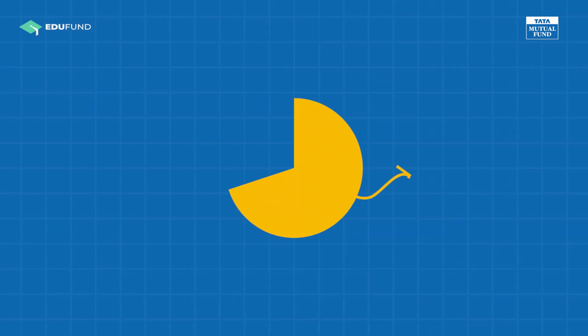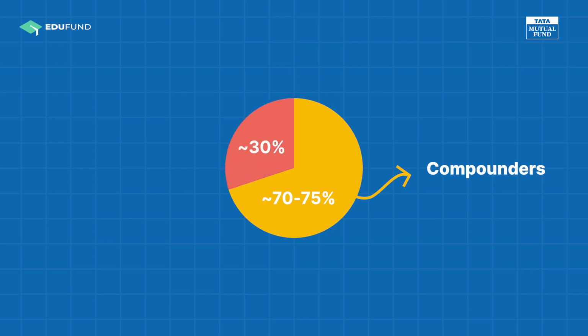For ELSS specifically, we have a two-fold strategy in the portfolio. In 70% of the portfolio, we try and capture the compounding stories, where we think that businesses can grow over 3 to 5 years at a reasonable rate of growth and are available at reasonable valuations. 30% of the portfolio is where we try and play misunderstandings, where we think that the market is misunderstanding the business for one reason or the other.